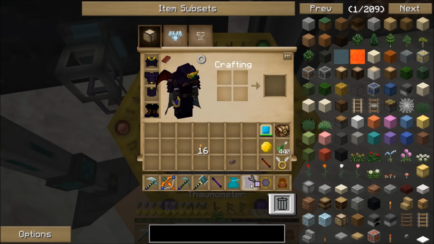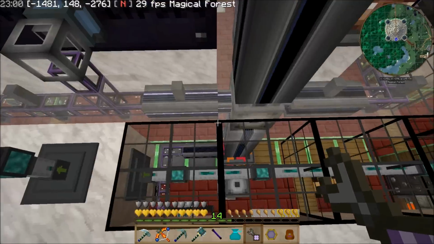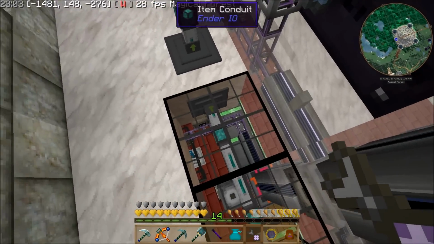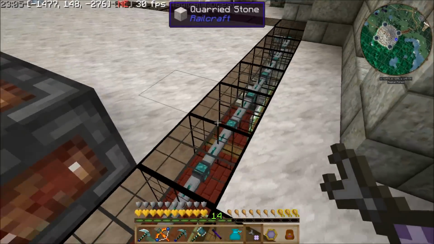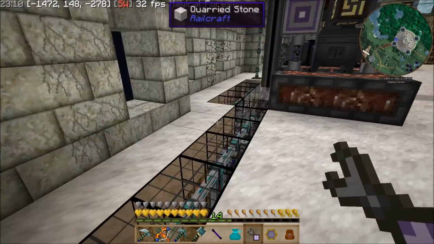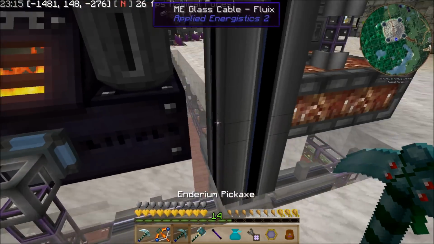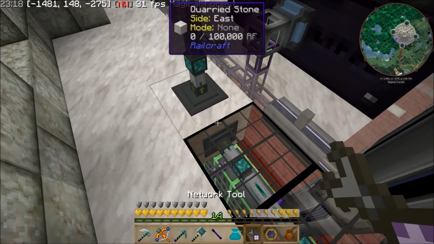And if we get out this, we can see through to the wirings that are going on the floor. I've got item conduit coming. This is the same item conduit that was coming from down there. Brings all the mob drops up. All the armor, basically just diamond armor at this point. So if we look at the